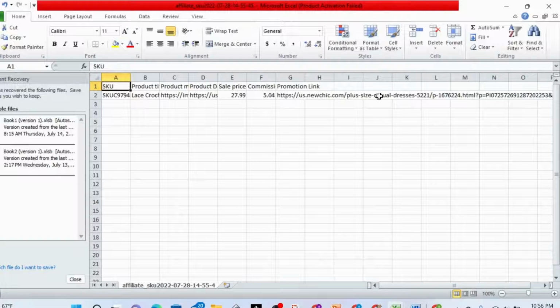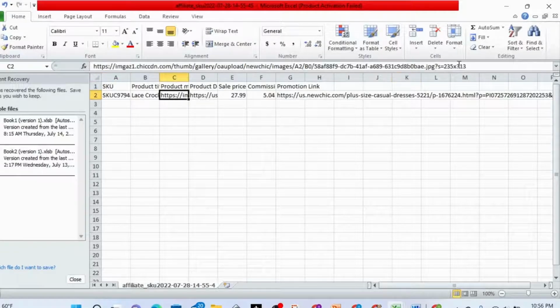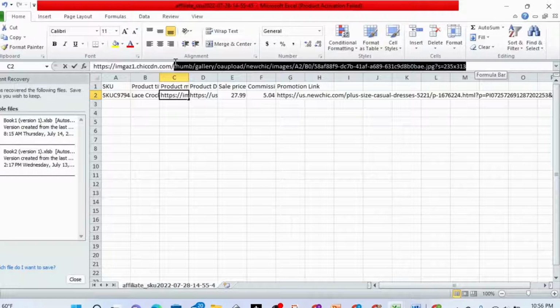So this is all the details that you want to build for your website. This is the name of the product, the image, the price, the sale, and the commission rate that you are getting. This is a promotion link. So we will use all these details, and we will create our first product in our demo shop. So first I will just click this link and copy,